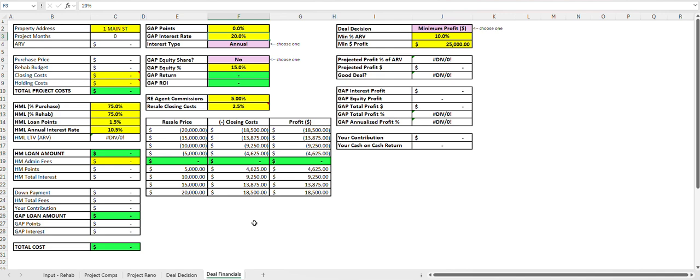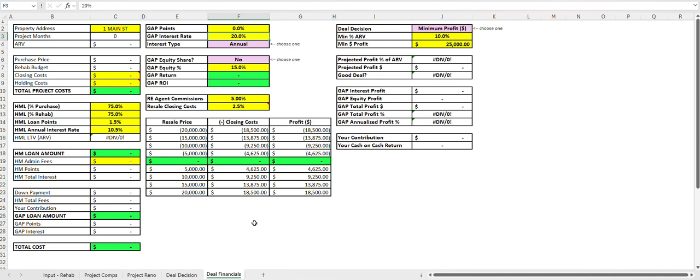But let's say that you decided that you're going to cover 10% of that, and then you're going to raise 90%. If you're going to be raising 90%, you're going to need to offer some sort of return to the investor. You can offer the return to the investor in a couple of different ways. But in fix and flip loans, what's recommended in the most traditional way is you're going to offer